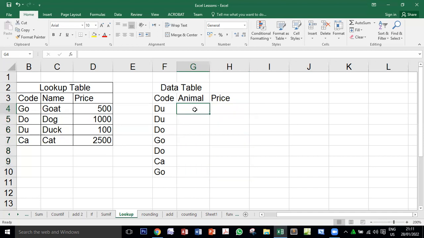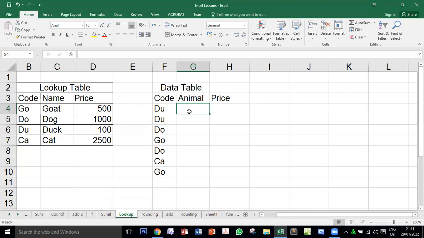I will do VLookup in this column to search for the animal name in this table. I will do VLookup in the other column to search for the price in this table. Okay, let us start here